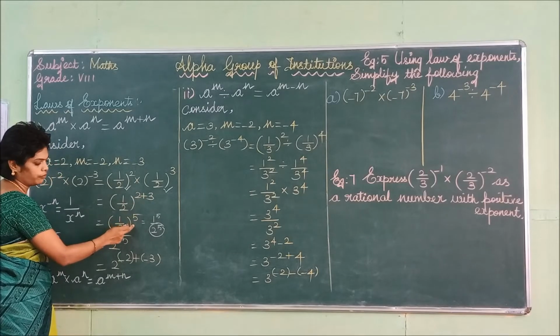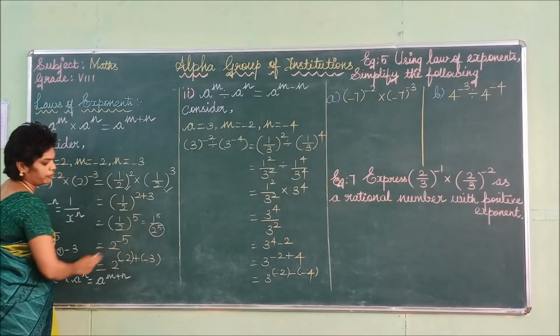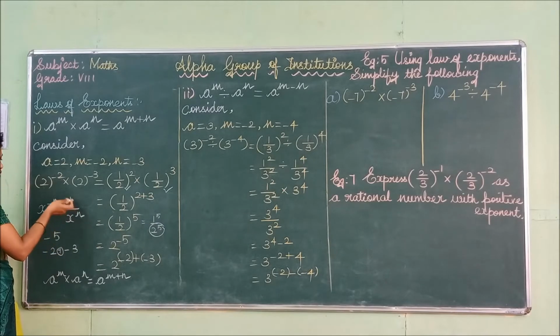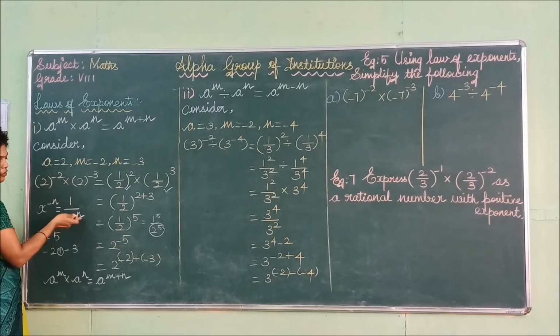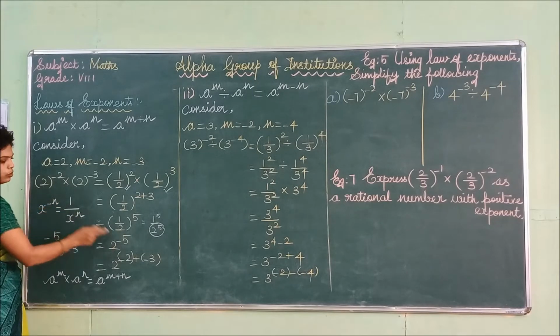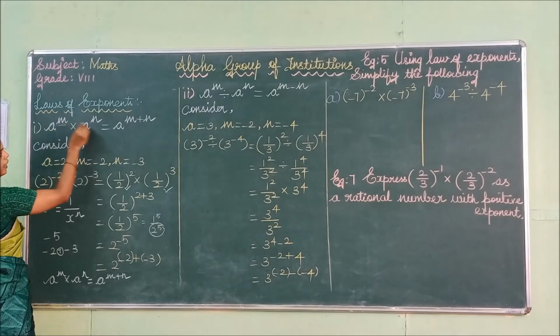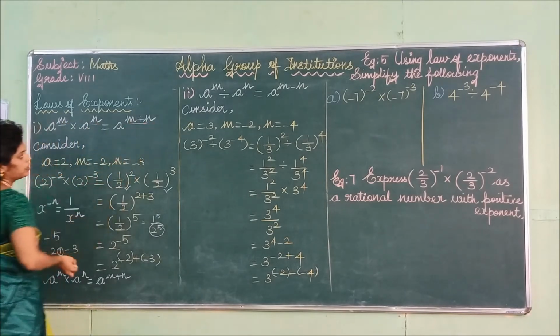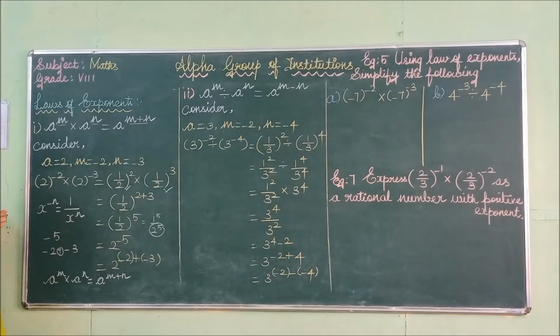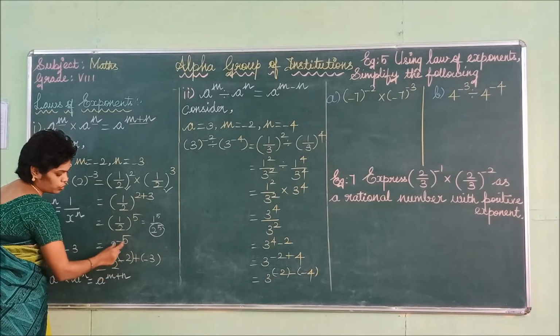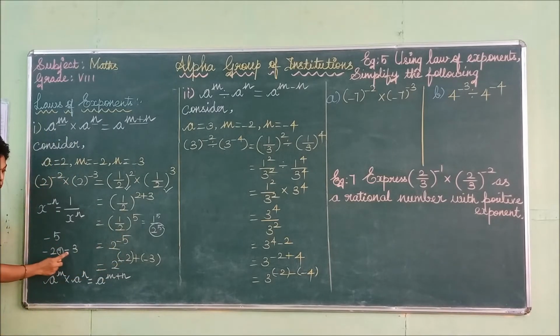So 2 plus 3 is what? 5. So 1 to the power 5, 2 to the power 5. So again you can use this rule, which is in the form of 1 divided by 2 power 5, it will be changed into a negative, that is 2 power minus 5. So check this one. A power m into a power n, a power m plus n. So you need two powers. Here is one power. So you can split and write this minus 5 as minus 2 minus 3. You are adding these two values, you will get the value as minus 5. So this minus 5 can be represented as minus 2 plus minus 3. So a power m into a power n is equal to a power m plus n.